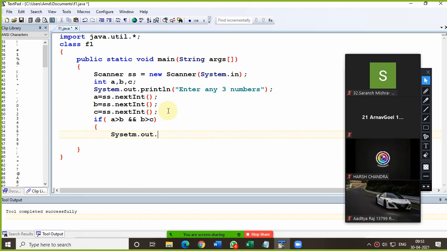Who will tell? Yes, beta. Sir, ABC. Pardon? Sir, ABC. Yes. See, if this condition is true, that means A is bigger, and if this one is true, that means B is greater than C. So the sequence would be: A would be the largest, B would be the second largest, meaning smaller than that, then the smallest would be your C. Am I clear or not? So what would be the correct sequence? This. Am I clear?